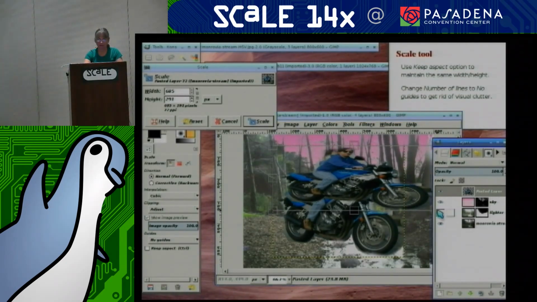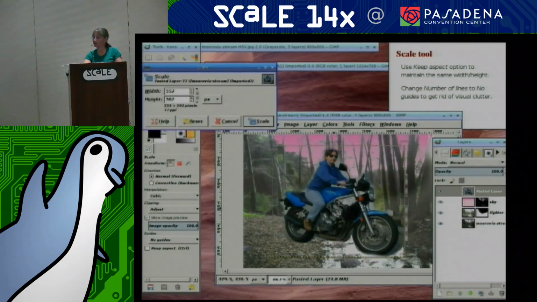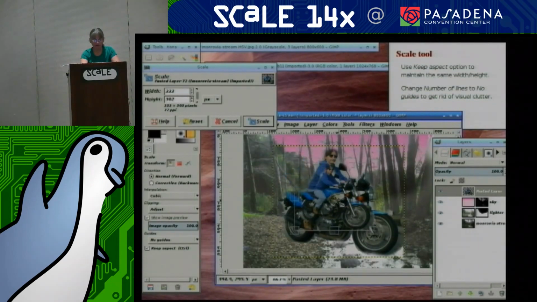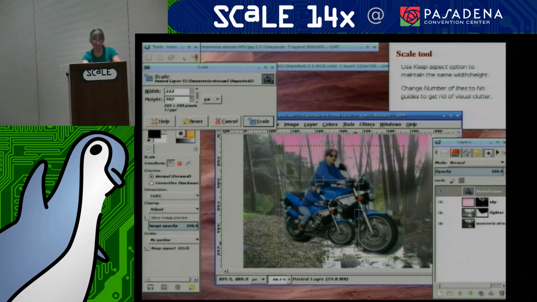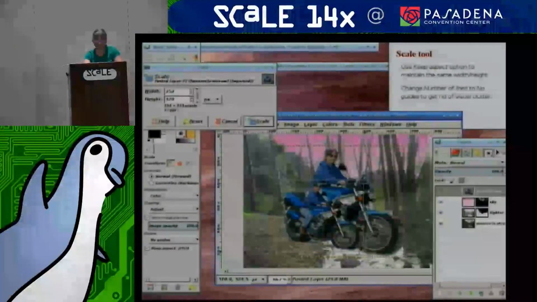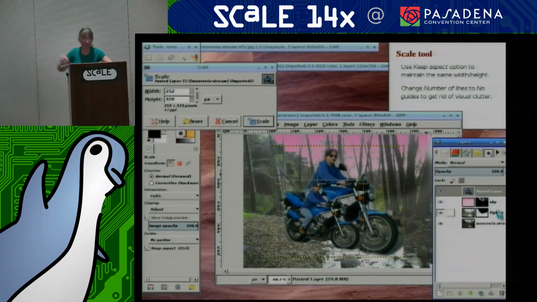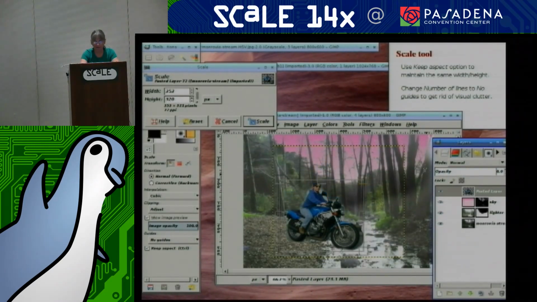And I can make myself a low rider, except I don't want to do that. What I actually want to do is keep the same aspect ratio. So I'm going to click Keep Aspect. And then I can't be a low rider anymore. I can use the center hump to drag it anywhere I want. And that's probably a pretty good size, except I can't see anything because the original too big image is in the way. What I can do with that is